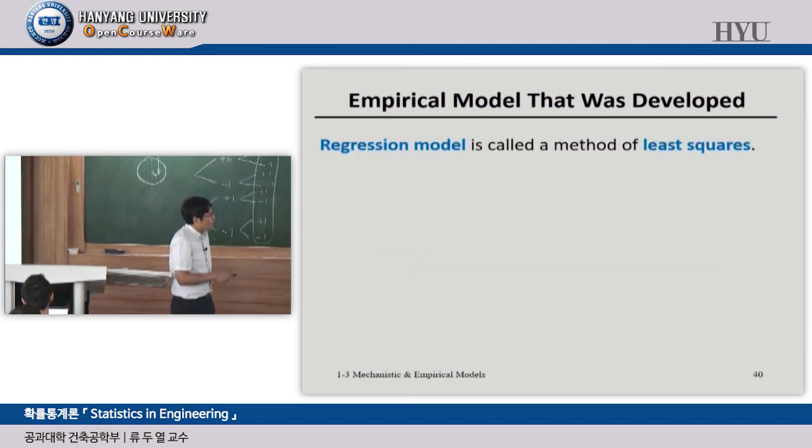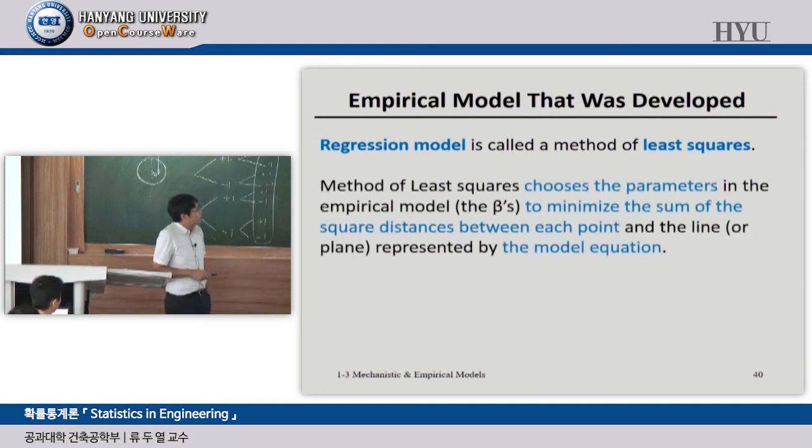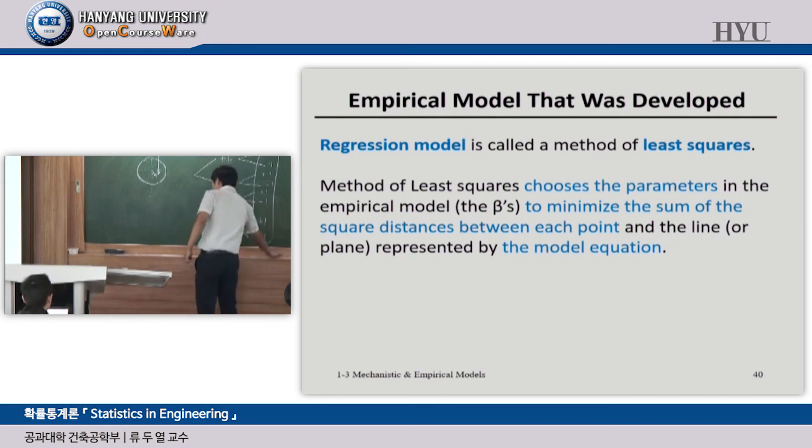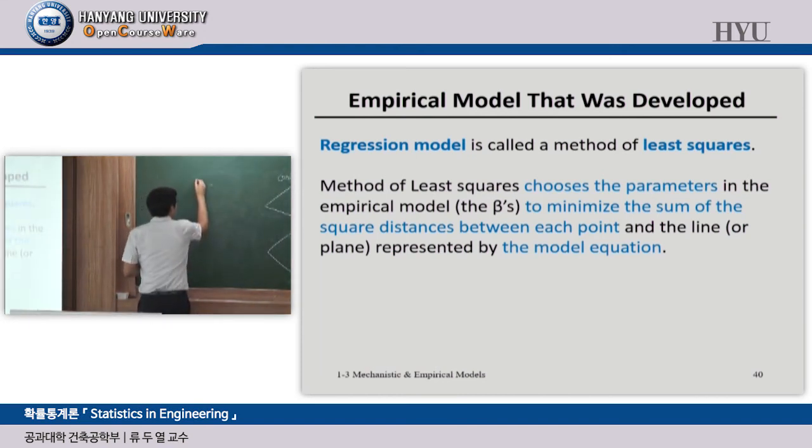And the regression model is fitted by a method called least squares. The method of least squares chooses the parameters in the empirical model to minimize the sum of the squared distances between each point and the line represented by the model equation. And we can simply use this equation. This is the summation, right? And if we assume that this is the data point,